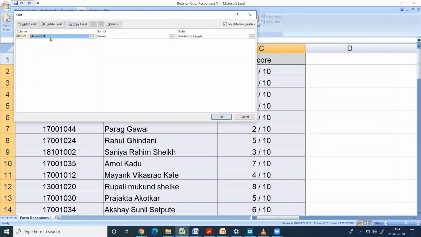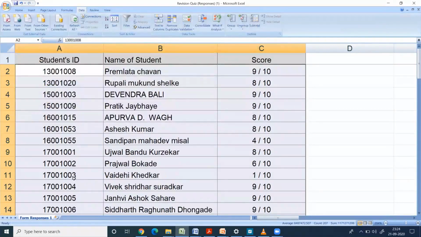So if you click on student's ID and OK, now you can see that this is rearranged as per the roll number. So this is how we can conduct the quiz. We can add mathematical equations, figures, etc. in the quiz, and we can get our quiz result, and we can tabulate the result.